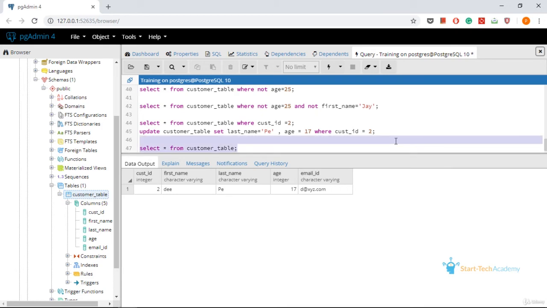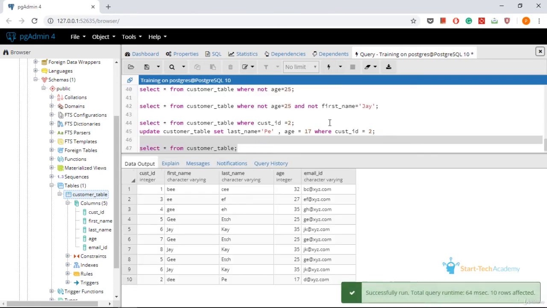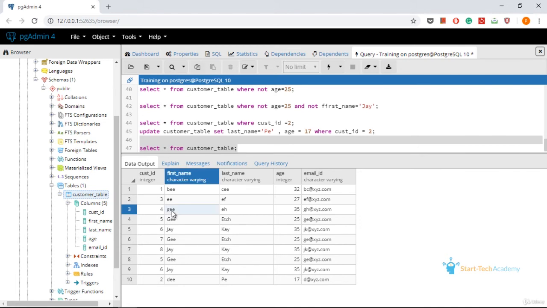Let us run this to look at our data table first. We can see that there are 4 customers with first name G and one of them has the name g in small case. For all these 4 customers, we want to update the email ID to gee@xyz.com. So how to do that?